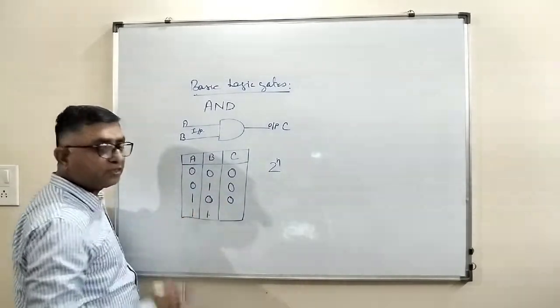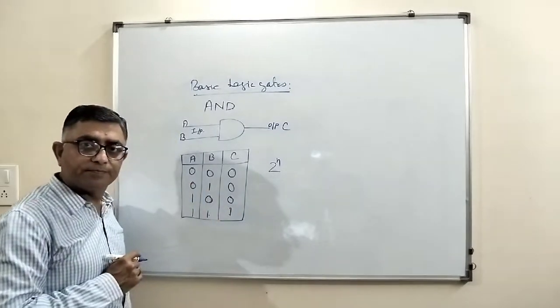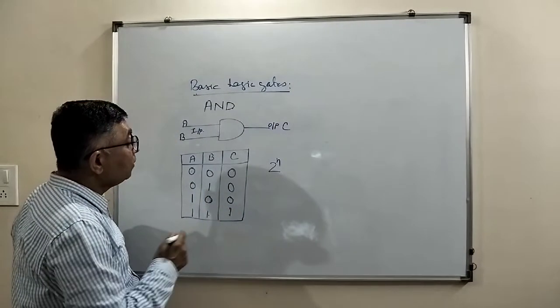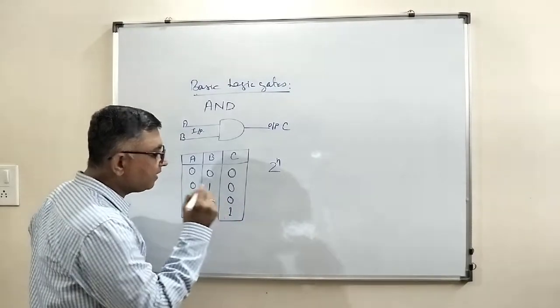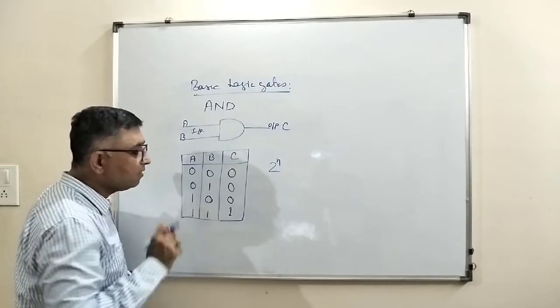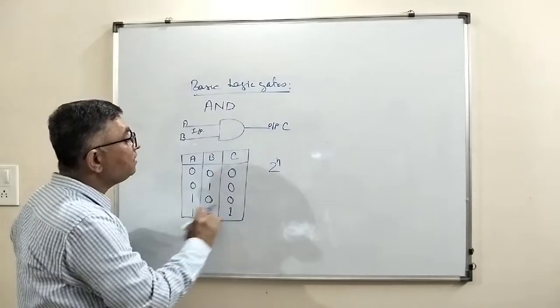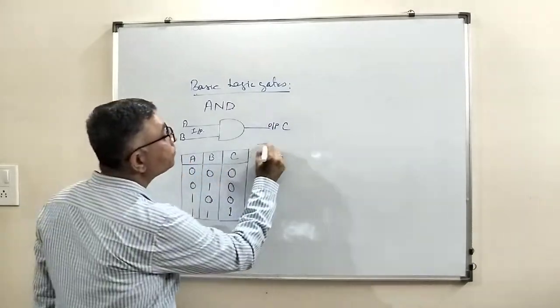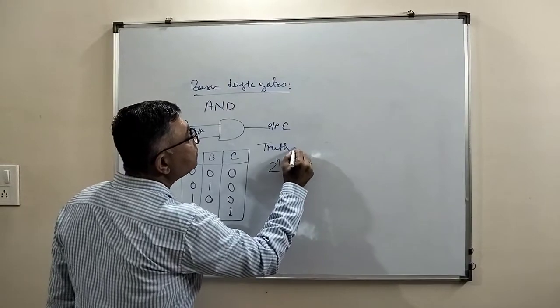Once both the inputs are 1, we are getting 1 at the output, C. The only possibility of getting 1 or high at the output is once both the inputs are 1. Once we study this truth table, we can understand